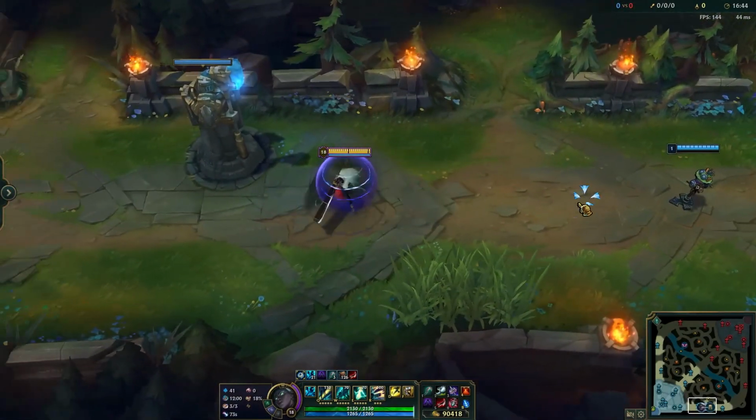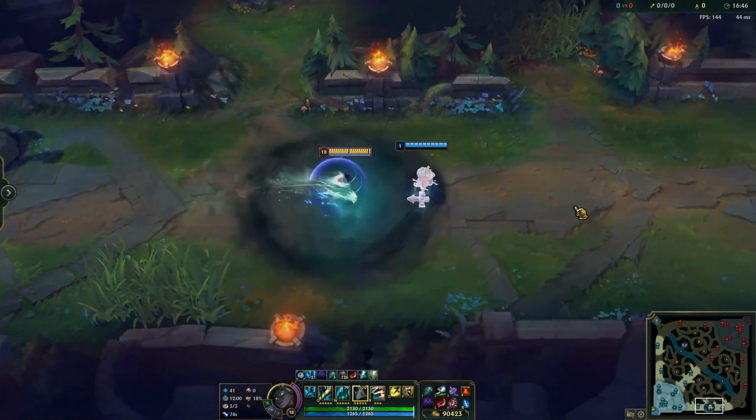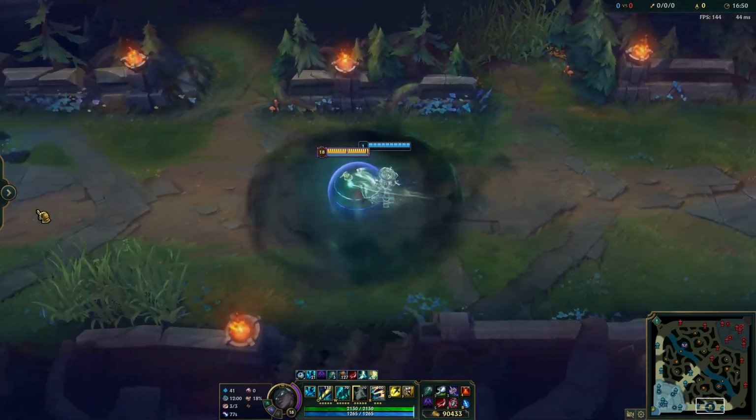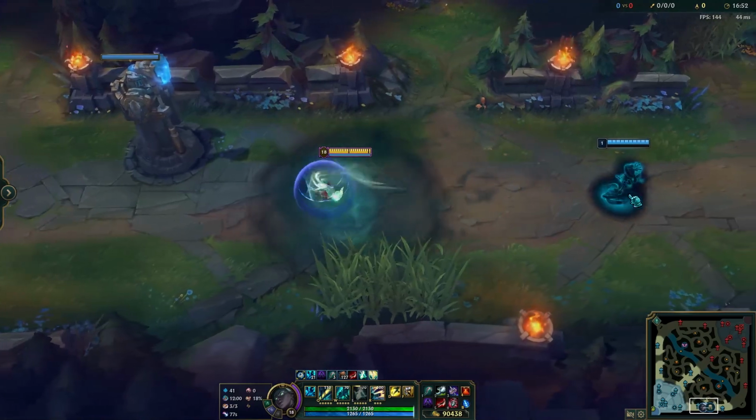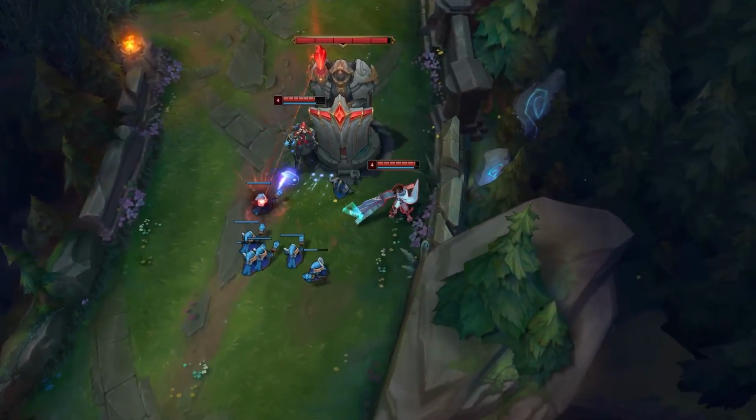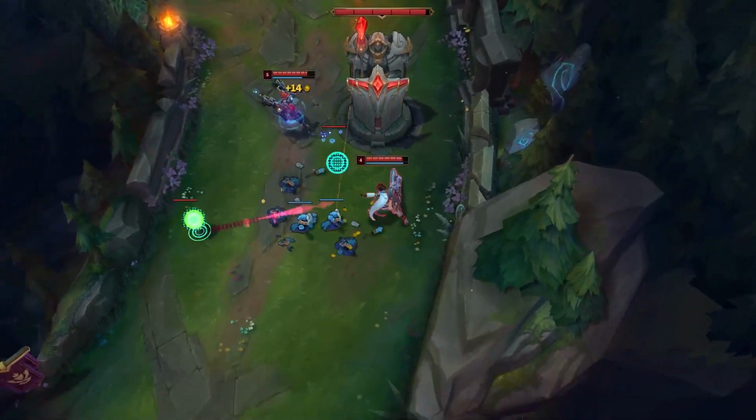Senna's E is Curse of the Black Mist. Casting this ability will channel a storm around Senna, gaining movement speed and camouflaging all allies that enter the storm. Allies who leave the storm gain a burst of movement speed while being untargetable and disguised as a wraith. This ability will be used more times than not for the movement speed bonus alone, but it can also be